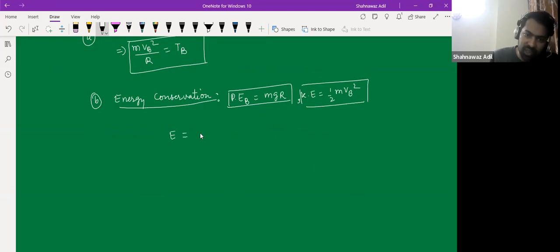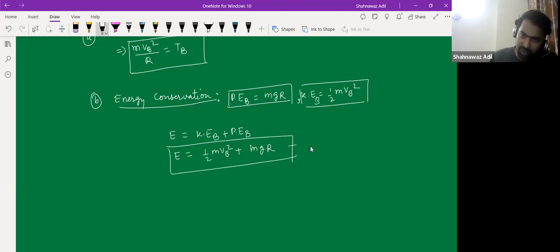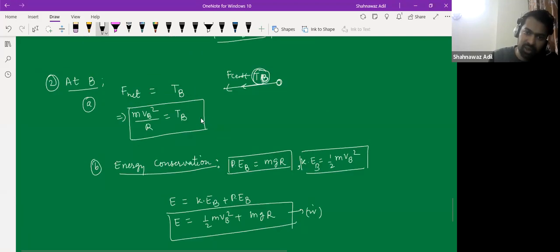That would be kinetic energy at B plus potential energy, that is half mvB square plus mgR. So this is the total energy that we have. So let's call it the fourth equation, and this is the third equation,